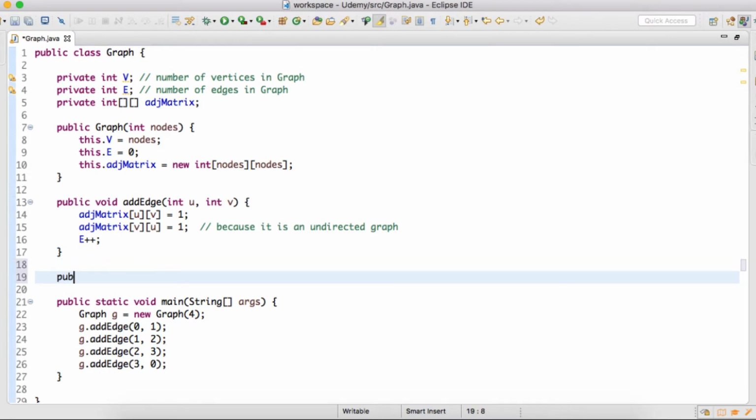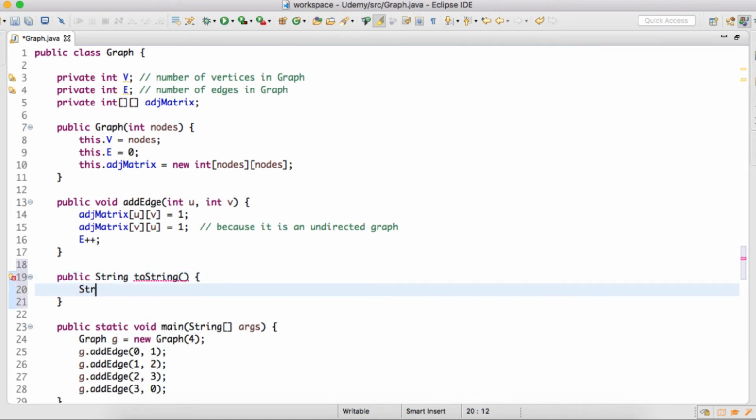Here I will create one method which will give us the string representation of this graph, and I will name it toString. First we'll create a StringBuilder.